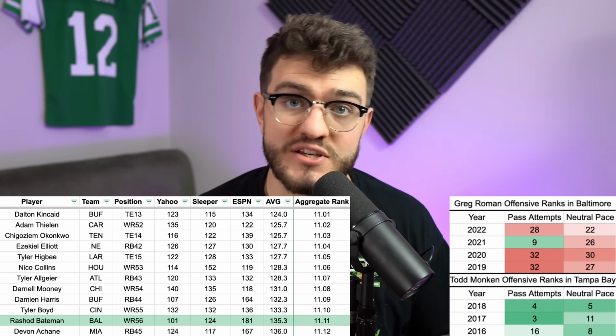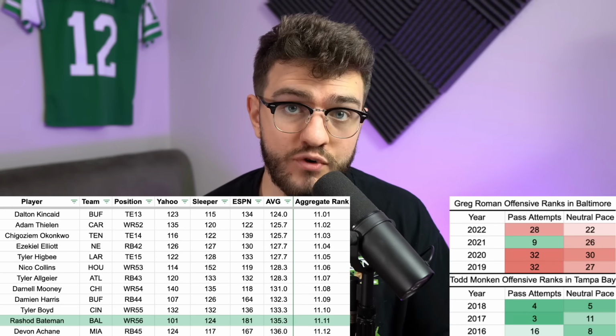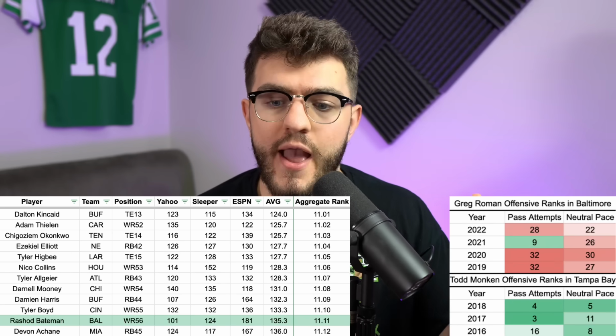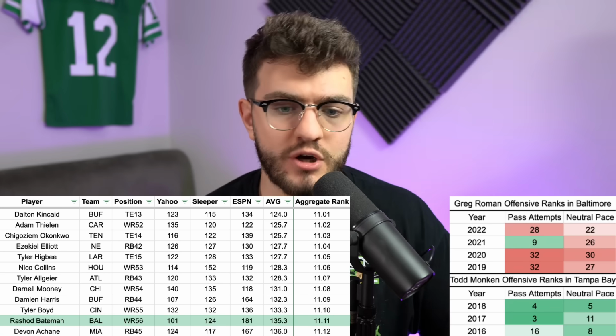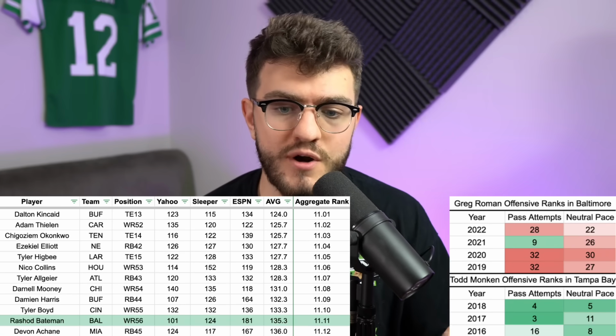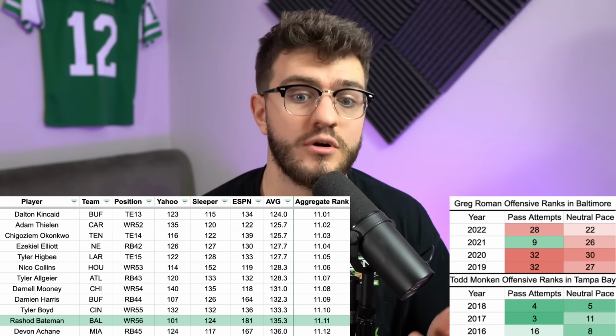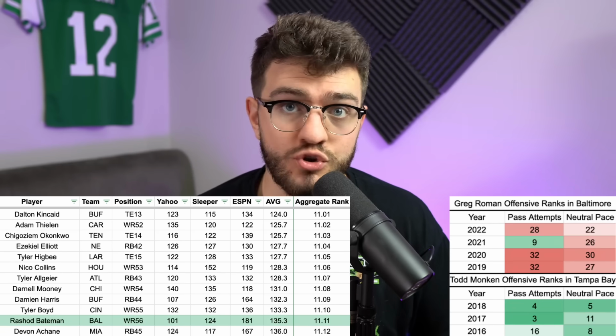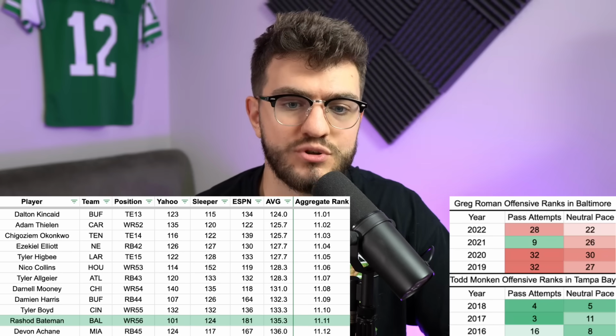I like betting on Bateman because he's the cheapest one, and he was also an elite first-round wide receiver prospect coming into the NFL. And even though last year he got hurt early on, he showed a ton of promise on a per-route basis. He was 12th in yards per route run, and he was 18th in targets per route run. So if any of that translates this year in this new modern offense, Rashad Bateman could absolutely crush.